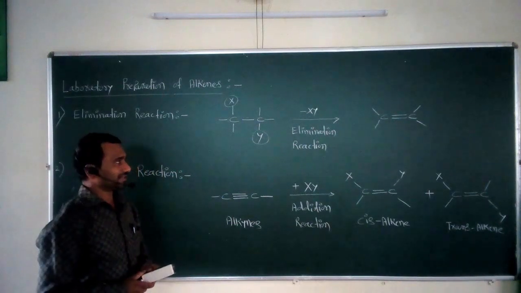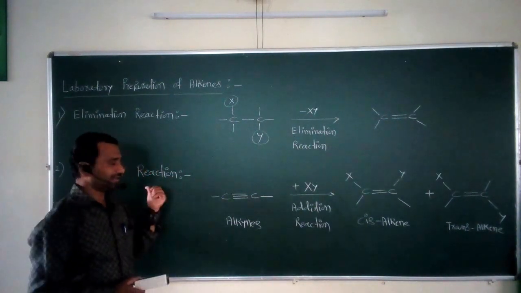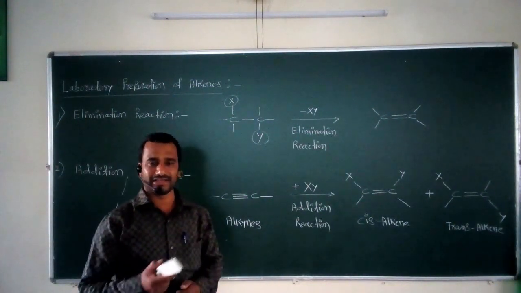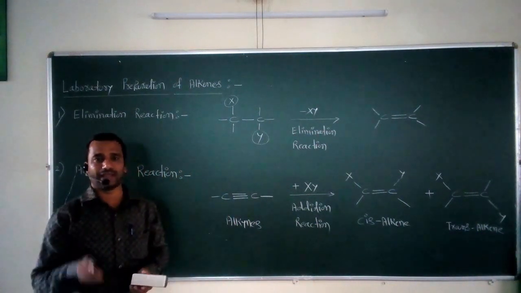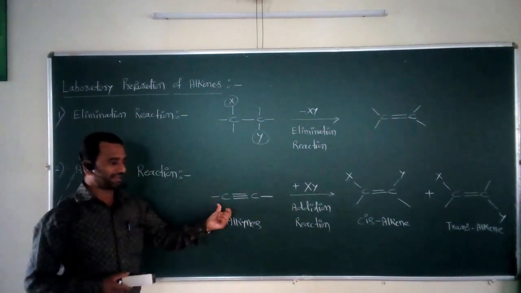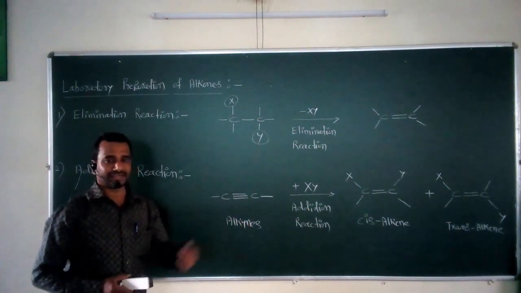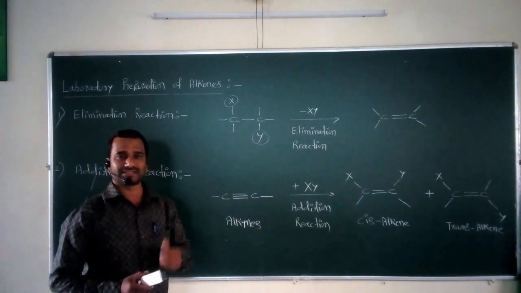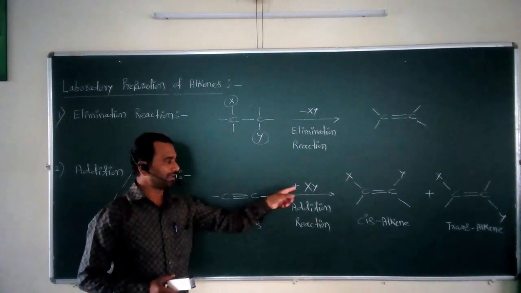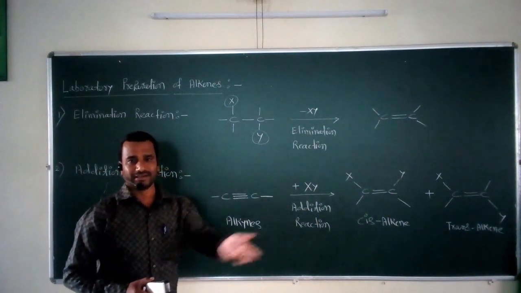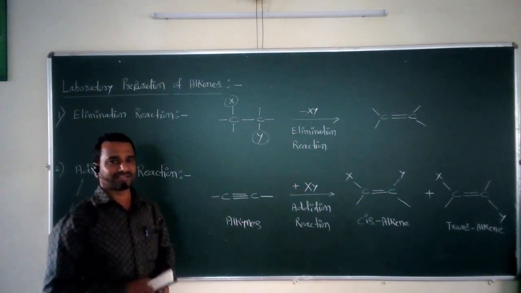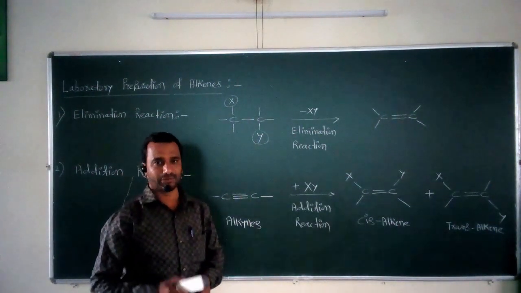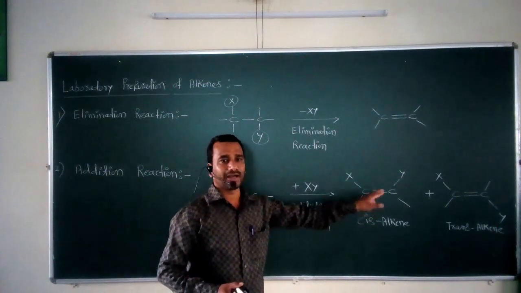Now, the second important reaction that is helpful for the formation of these alkenes is called the addition reaction. The name itself indicates the meaning of addition. Exactly opposite to elimination, in this addition reaction, we have to add something. Again for this purpose, I consider one reactant molecule. The reactant molecule is an alkyne, meaning the compound containing a carbon triple bond carbon. If we consider any alkyne and add XY, a second reagent, across this carbon-carbon triple bond, what happens? This carbon-carbon triple bond gets converted into another type of compound, and that is nothing but carbon double bond carbon.